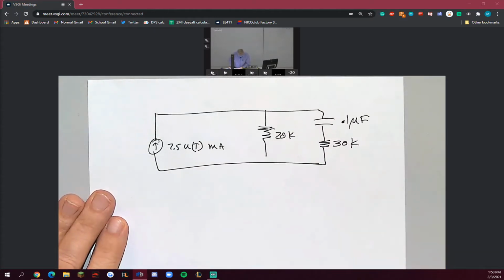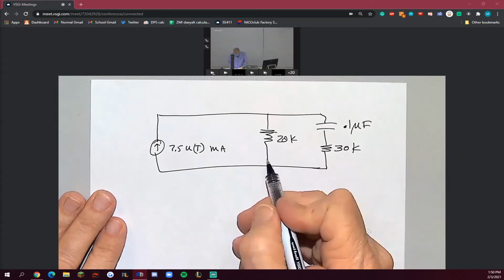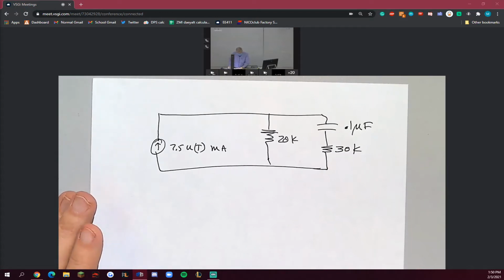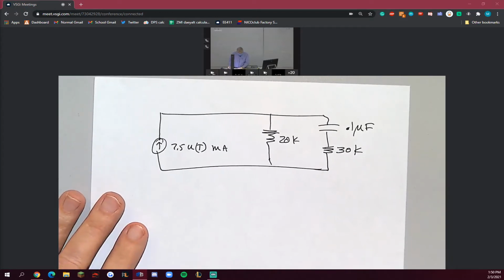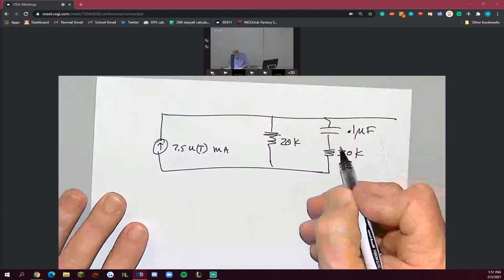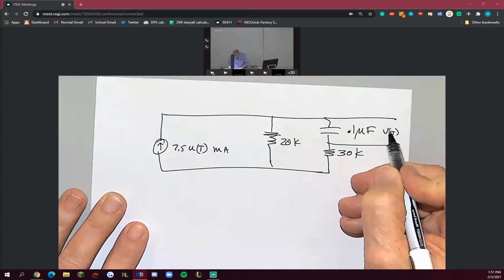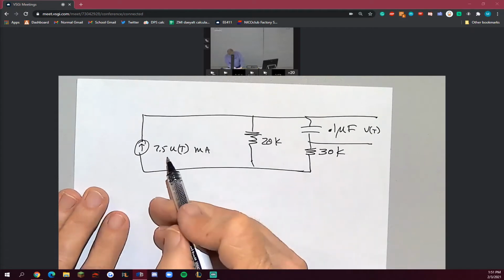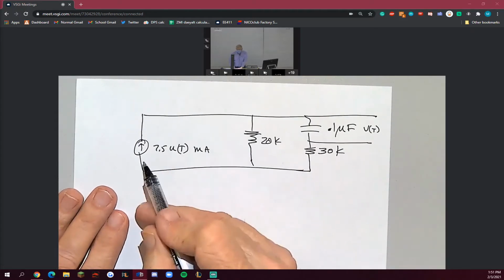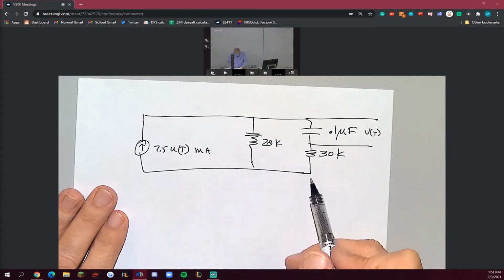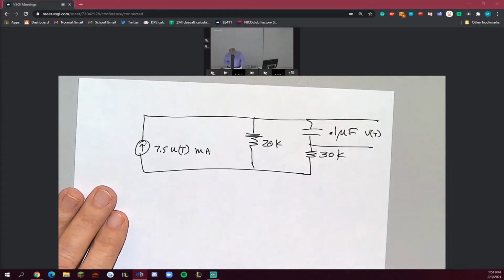Okay, here's one, and we would like to find the capacitor voltage. So let me bring these two out as V of t. Okay, so we've got a 7.5 u of t milliamp current source, 20K resistor, 30K resistor over here, and the capacitor. And again,